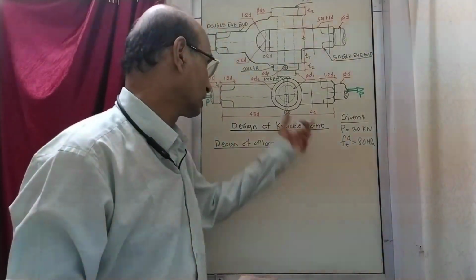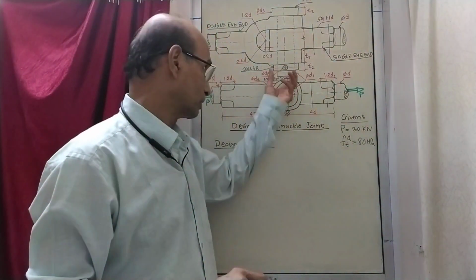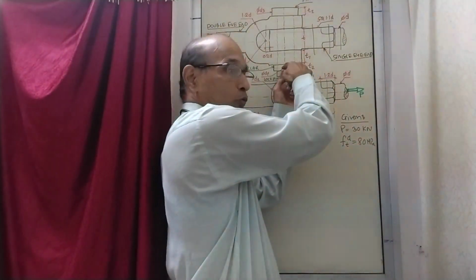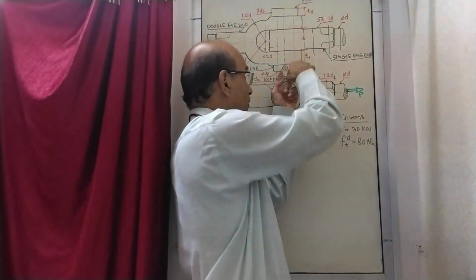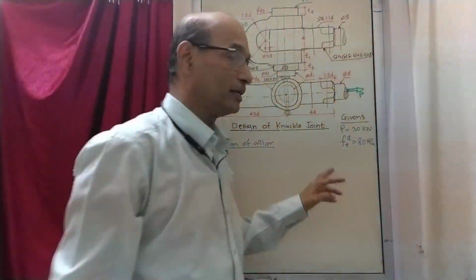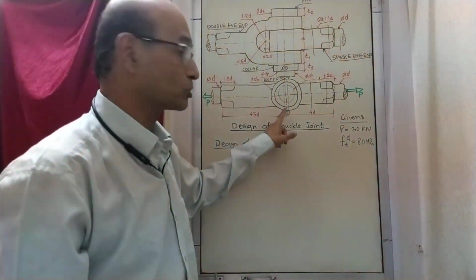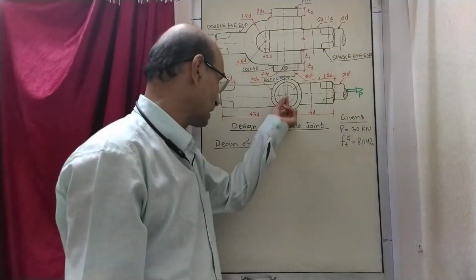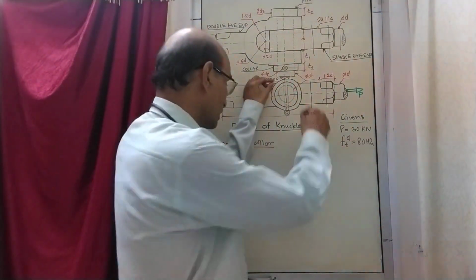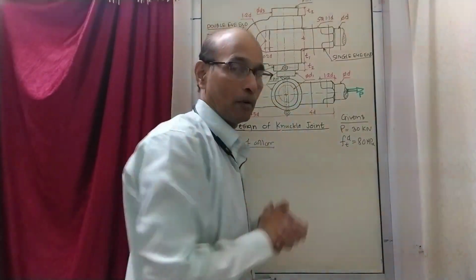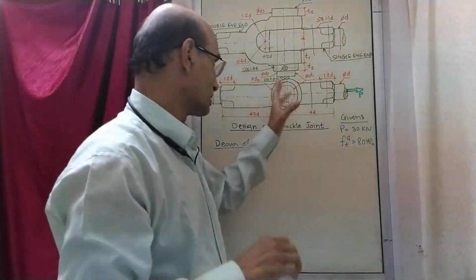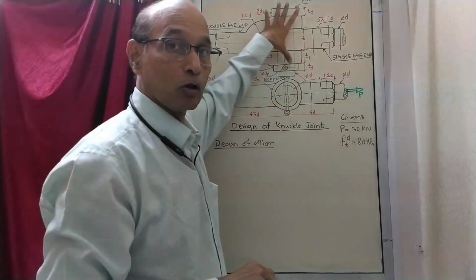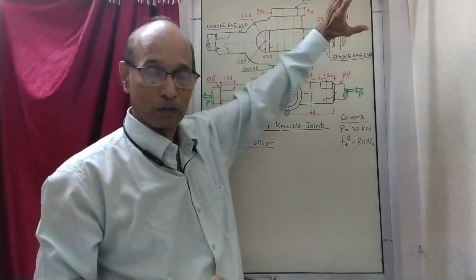That locking is done by putting one collar like this, so that there is sufficient surface in contact, and then there is a common hole through the collar as well as through the main pin, and through that there is a lock pin. This pin is called a lock pin, or also a split pin. The split pin is passed like this, and once it goes here, its ends are flared so that it will not come out. So once this is done, the collar is in position, the lock pin is in position, and because of that this main pin also will be in position, it will not come out.